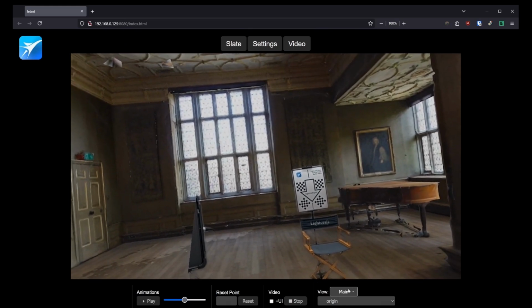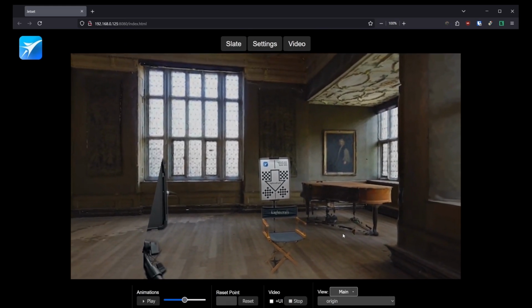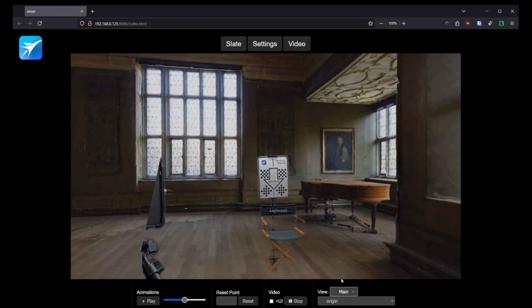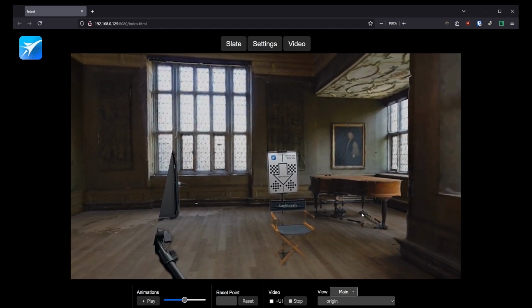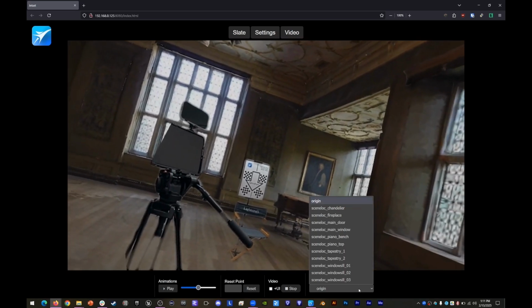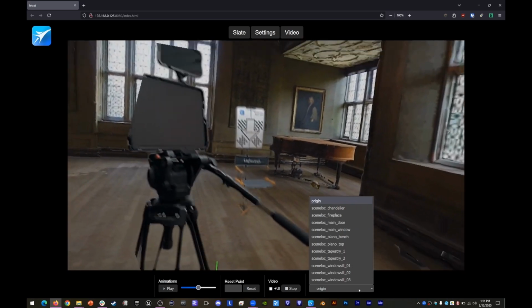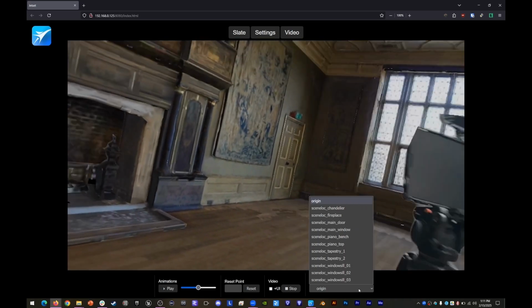While we're in the main tab, we can actually switch through different scene locators in the scene. In our remote control, we can see the list of scene locators. Right now, the origin scene locator is selected. So if we go ahead and click origin, this picks out all the different scene locators in the scene, and they work exactly like the scene locator pick in the main Jetset menu works. We originally had origin, but if we pick, say, the fireplace,